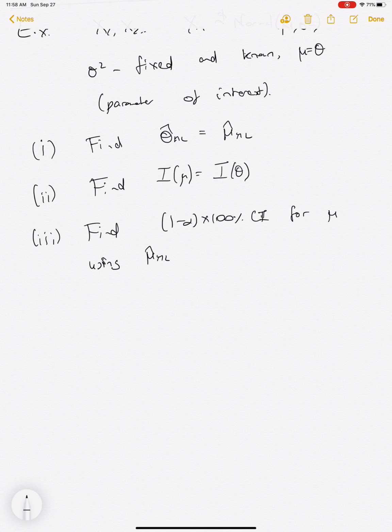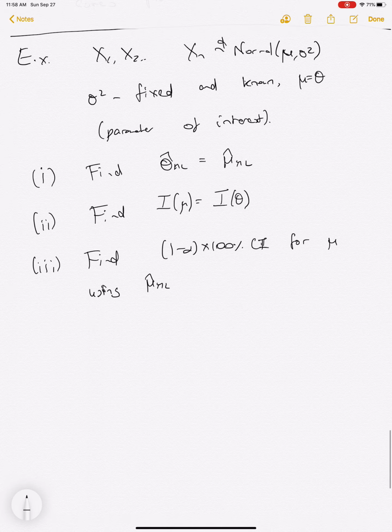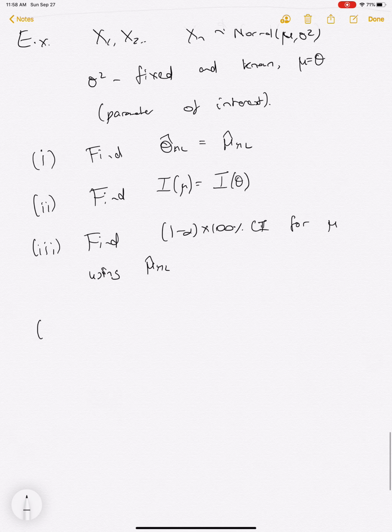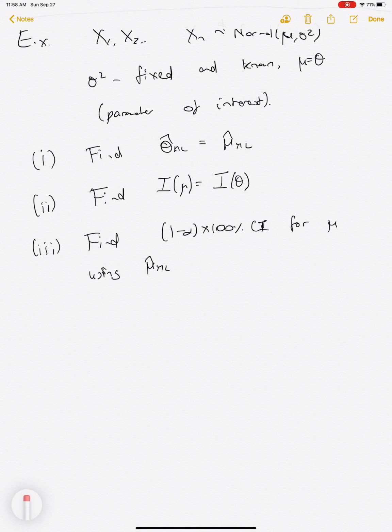Okay, so what we're going to do now is essentially repeat this procedure again, just so that it's clear in our mind what to do for each step, and then we're going to calculate the Fisher information in this case and find confidence intervals, and we can compare to see if they're any different or very similar to what we've already done. So the first thing to note here is that